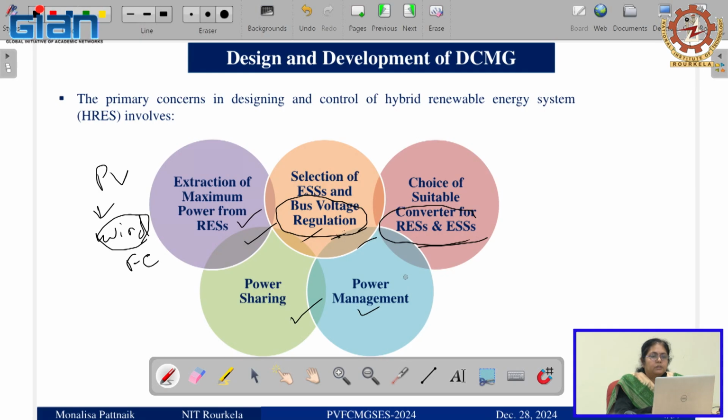Here again I want to focus that when I am adding a wind system and I have to develop the wind system inside the laboratory, again it has many steps to be covered. What should be the type of turbine you have to choose, what should be the type of generator you have to choose, what are the options of generator.